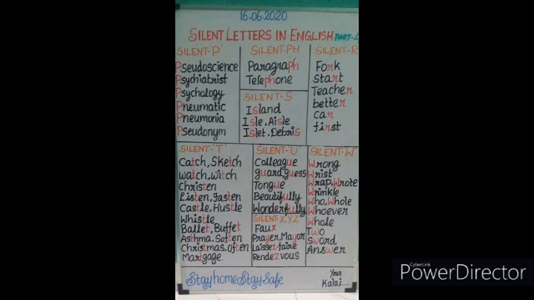Then we'll move to the board also. Island, isle, I-S-L-E, but we are reading it as isle. Then again A-I-S-L-E, that also has a silent S, so we are reading it as aisle. I-L-E, isle, and A-I-S-L-E, aisle, both have the same sound. Then islet, I-S-L-E-T. Then debris, by spelling D-E-B-R-I-S, but we are pronouncing it as debris. Okay, friends, are you clear?